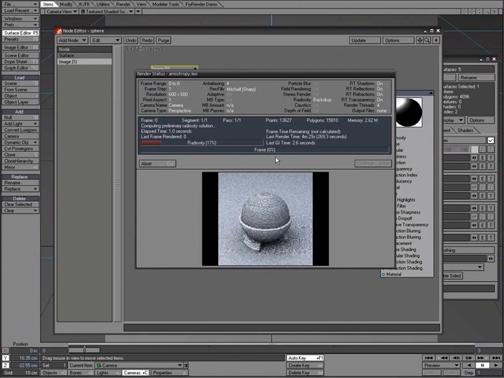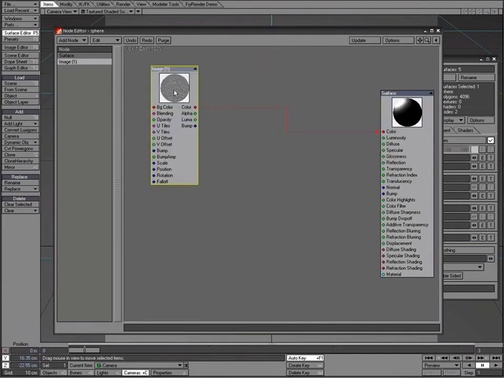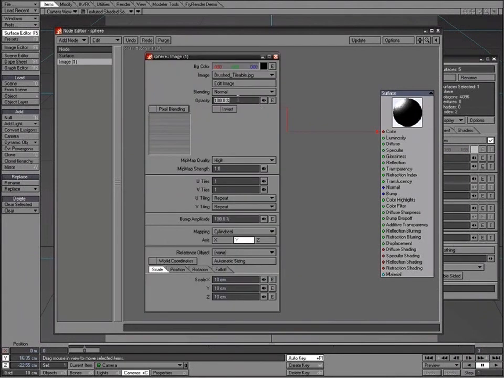Now if I hit F9, we can see that the image map is now mapped to our object. The problem is it's a little bit dark and the streaks are way too pronounced, so let's just adjust that. So bring up the properties again. So I want to change the opacity of this image map down from 100% to, let's say,